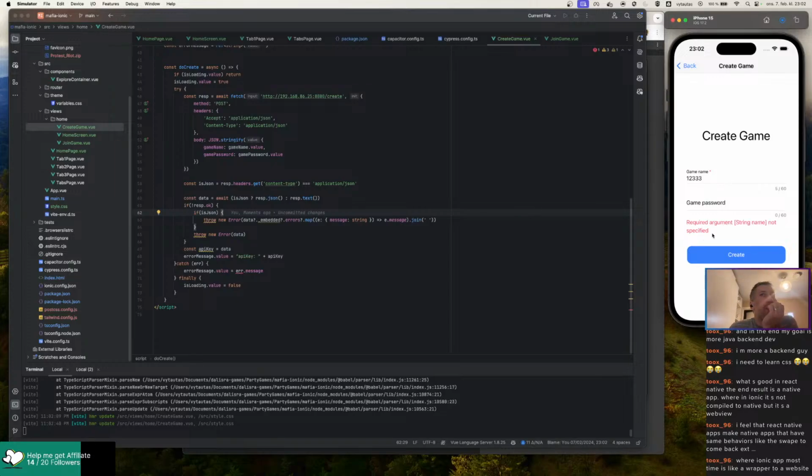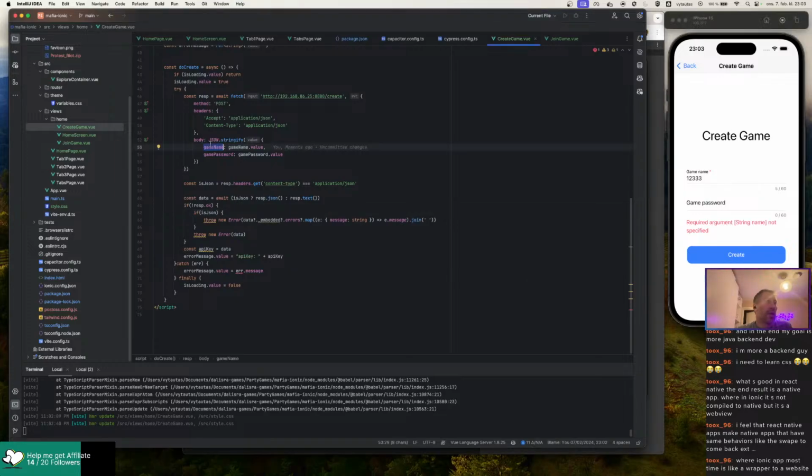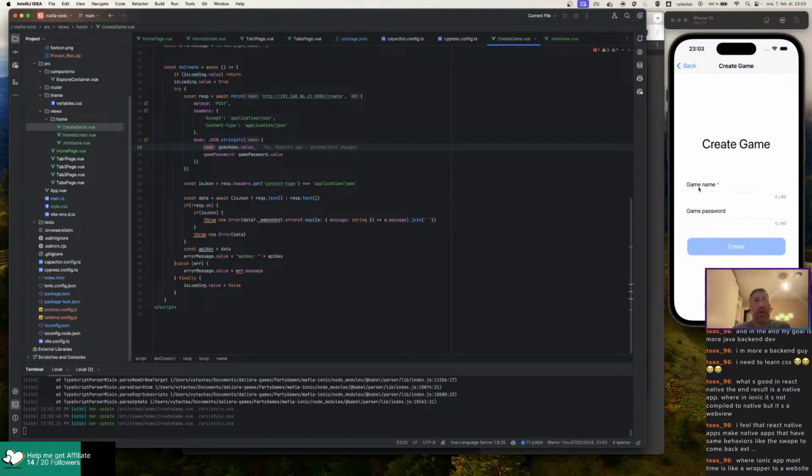But this is just nice because for a developer, this error should not happen in production, because right now I'm sending game name instead of name, and